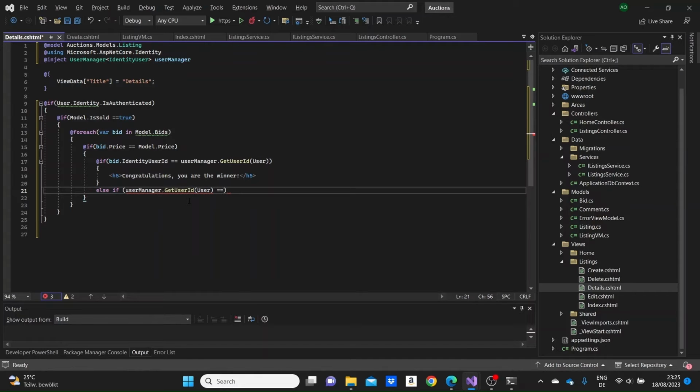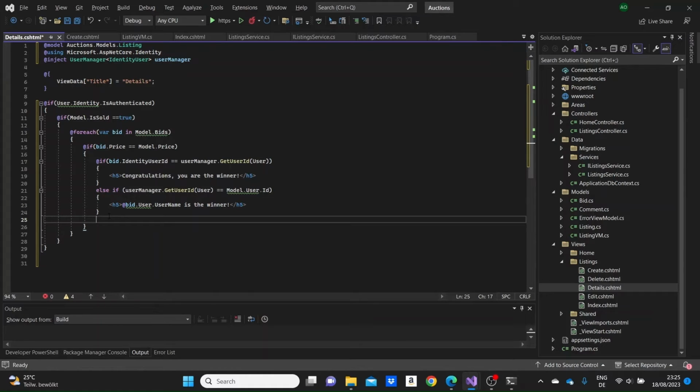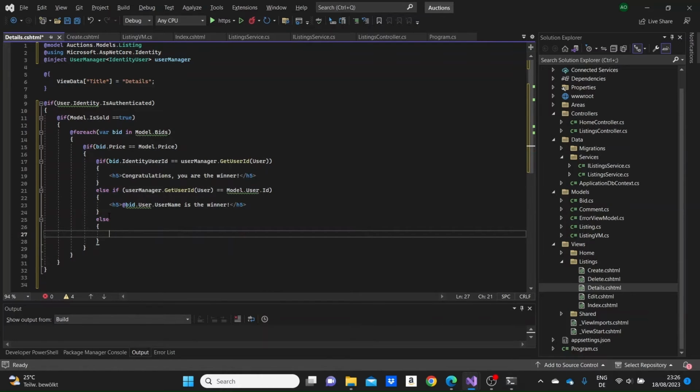So if the currently logged in user is the model.identity.user.id, so if the user has created the listing itself, it will tell the user the name of the person who won the bidding. And if none of this is correct or is the case, then we will just display to a random user who opens the listing, and